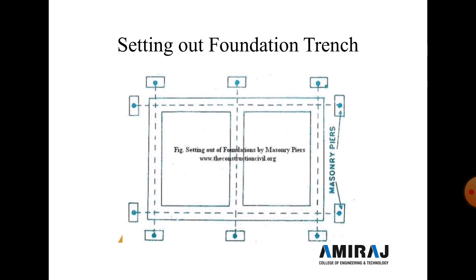The center lines of other walls which are perpendicular to the long wall are then marked by setting out a right angle. A right angle can be set out by forming a triangle with sides 3, 4, 5 units long, and these dimensions should be measured with the help of a steel tape. Alternatively, a theodolite or a prismatic compass may be used for setting out the right angle. Similarly, all the lines are set at right angles using a prismatic compass, a theodolite or a total station. Generally nowadays we use a total station for marking the lines. And after setting the right angle, we mark the line with chalk powder.